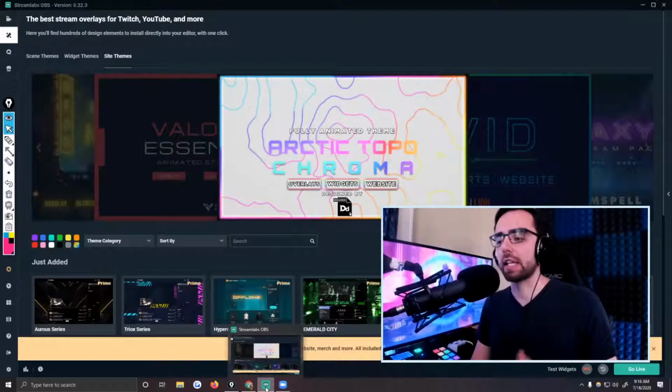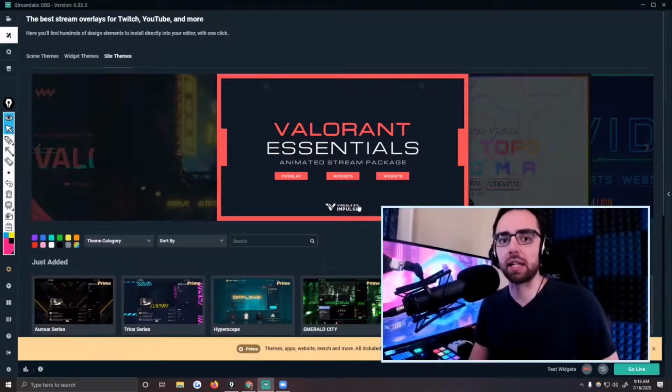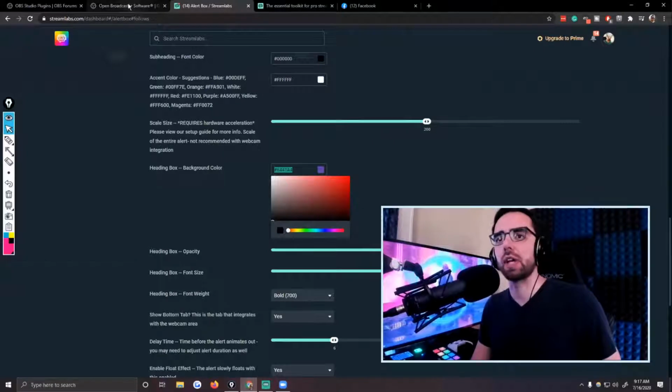The thing that stands out, you can do all of this in OBS too. You can actually do all of this. You can actually grab an outside theme like I did and just add it in as a browser source. You don't need to do it with Streamlabs OBS necessarily. One of the biggest differences too, and I don't know if you guys use